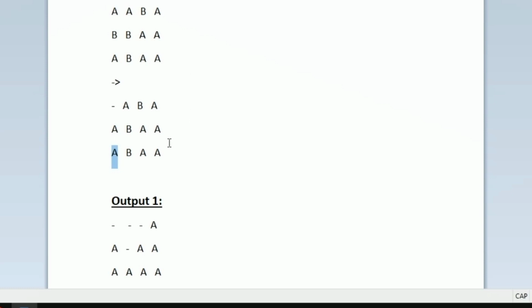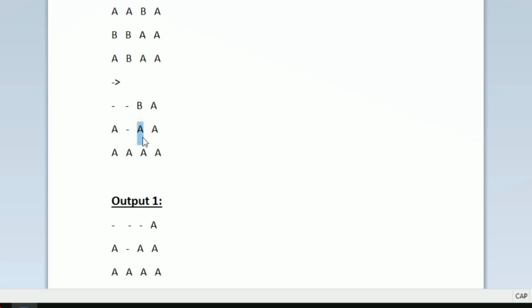Now let us move to our second column. The second column is A, B and B. These are the three characters in the second column: A, B, B. So the A must be shifted towards down and B must be replaced with hyphen. So the two occurrences of B will be moved to the top and the character A will be the last in this column. So I am bringing A to the last and I am replacing the first two characters of the column with hyphen because B will be updated to hyphen. So this is how our second column will be looking like.